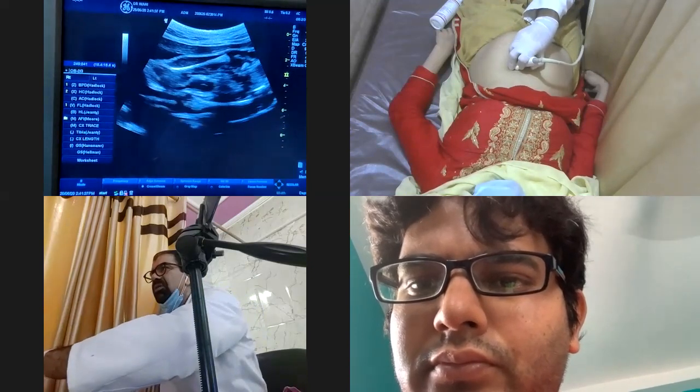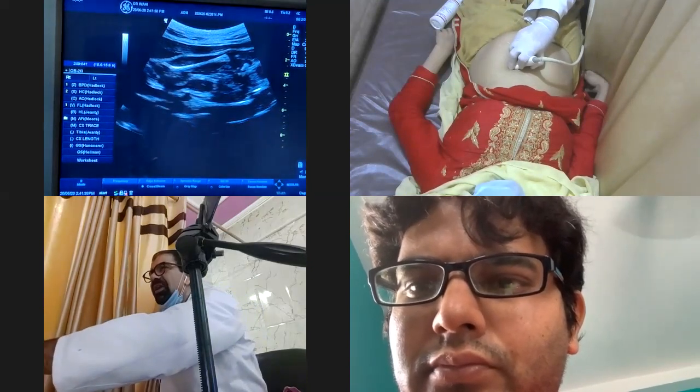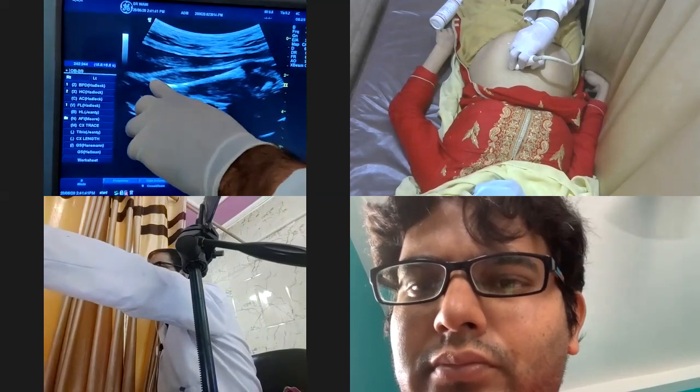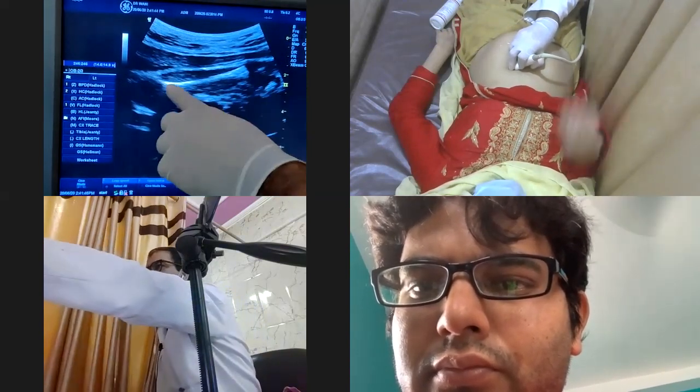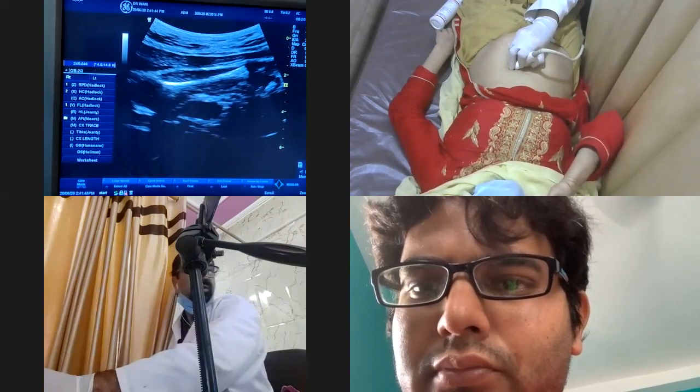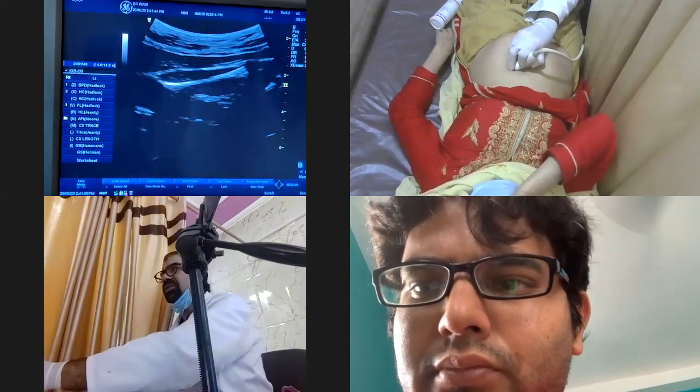Here, the distal femoral epiphysis has to be excluded. This is over here. You are not taking the epiphysis. You are taking the shaft of this femur. So clear? So this is the femur.